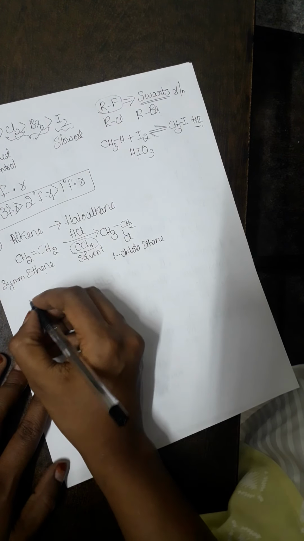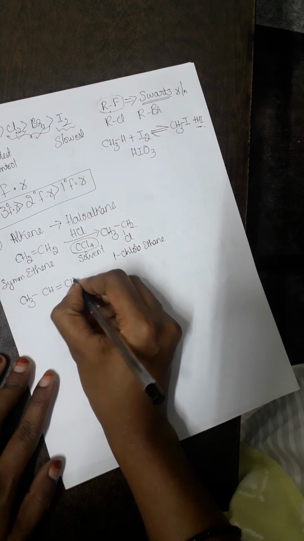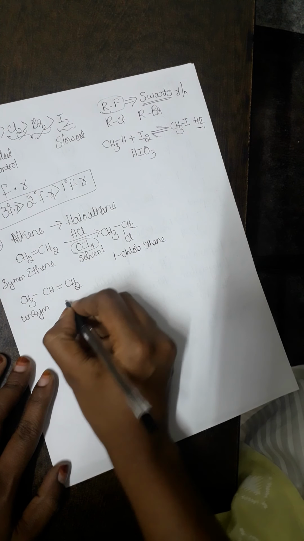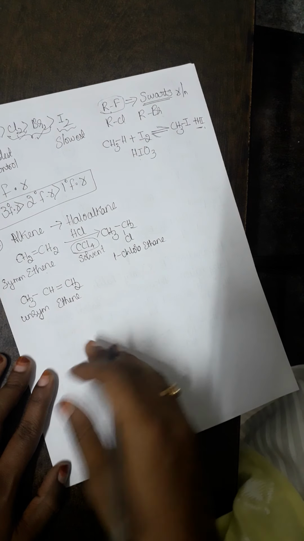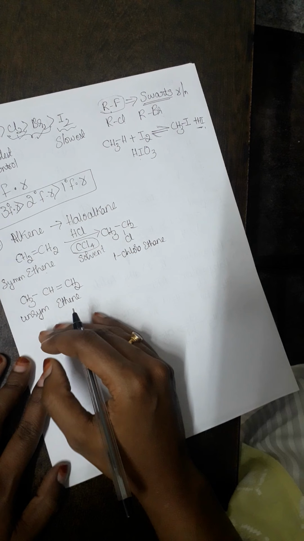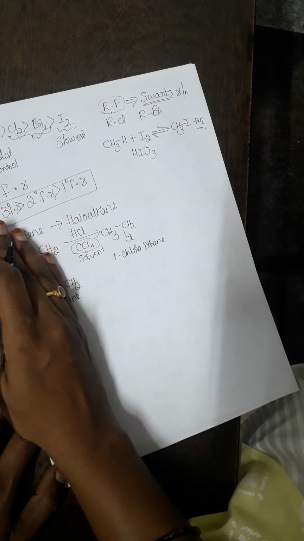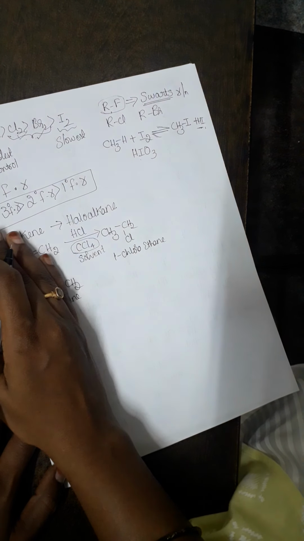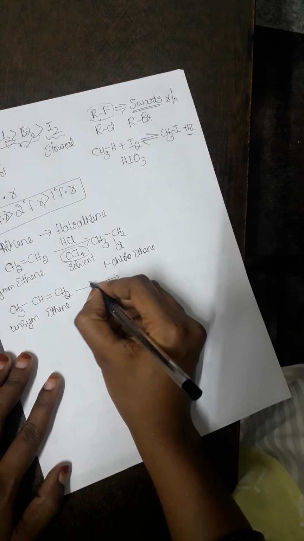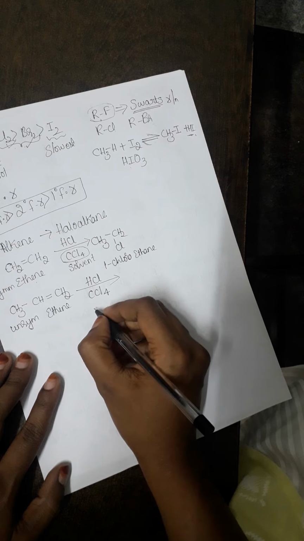If I go with the next higher alkene, for example, CH3CH=CH2, this is called an unsymmetrical alkene. So when I take an unsymmetrical alkene, you should be very cautious here. First, let us know why it is called unsymmetrical: if I place a mirror here on the double bond, I am not getting a replica. So therefore it is called an unsymmetrical alkene. The same conditions I am following here. I will be taking HCl in the presence of carbon tetrachloride as a solvent.